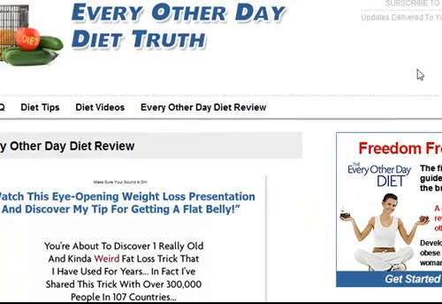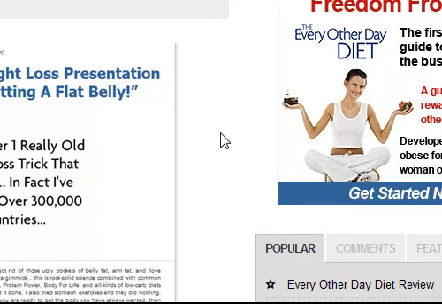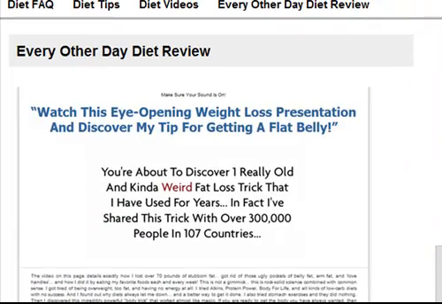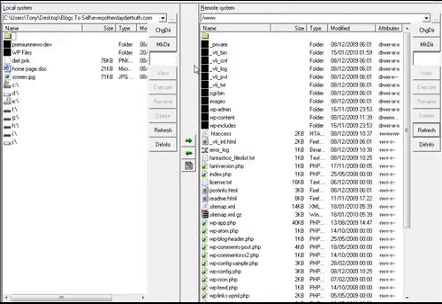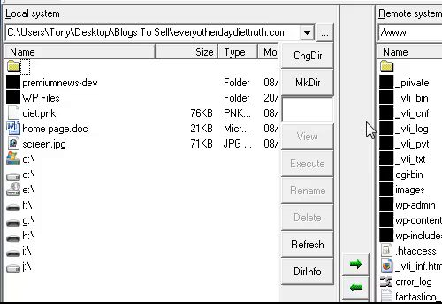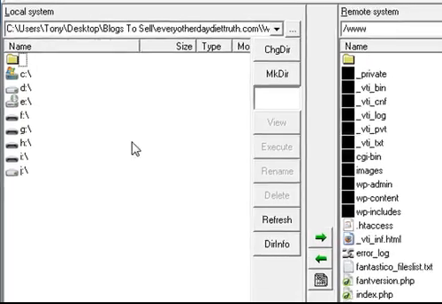So as we can see, here's the blog on the server at the moment. So the first thing we need to do is to download the files to this computer, or to your own computer. So you log into the website via an FTP program. What I like to do is to create a folder on my computer named after the domain name, and then I'll create another folder called WP files, which I know contains all the WordPress files. So we need to download them, so I'll go into that folder. This is on my computer,